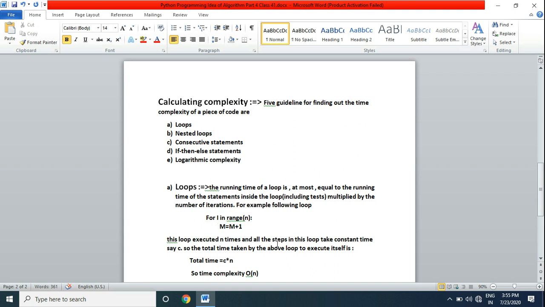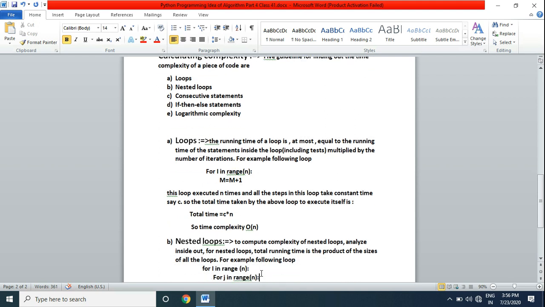All the steps in this loop take constant time, say c. So the total time taken by the above loop is total time equals c into n. So time complexity is O(n). The constant we will remove because every time the loop calculates a fixed task, so this is constant, and the loop is executing n times, so the time complexity of a single loop is O(n).